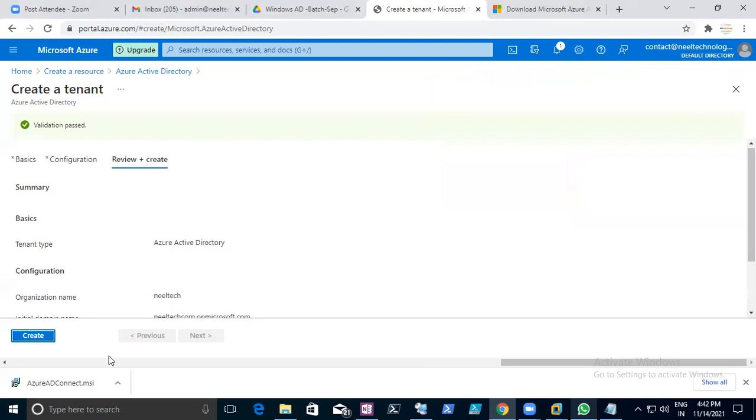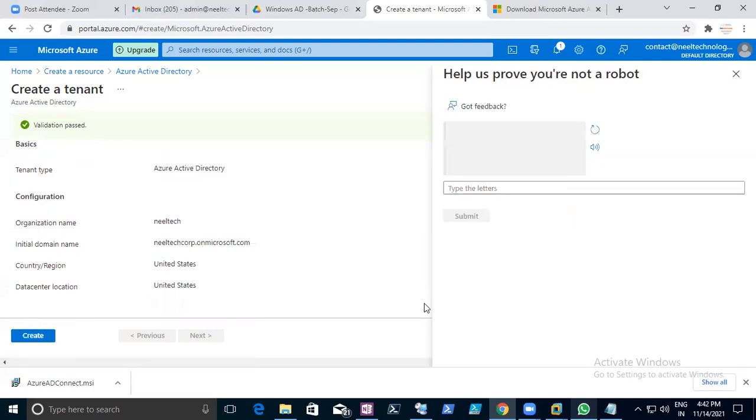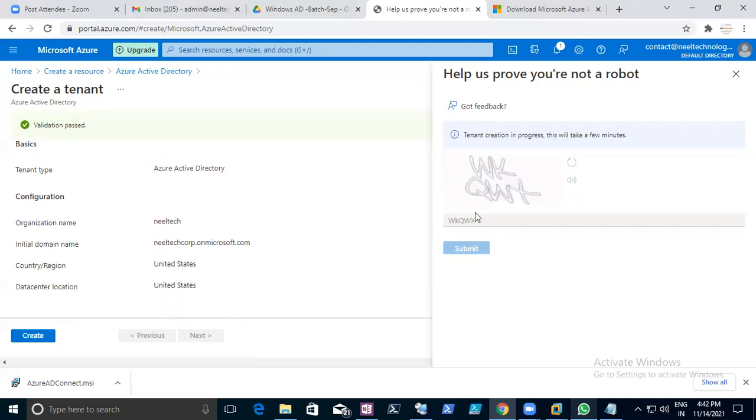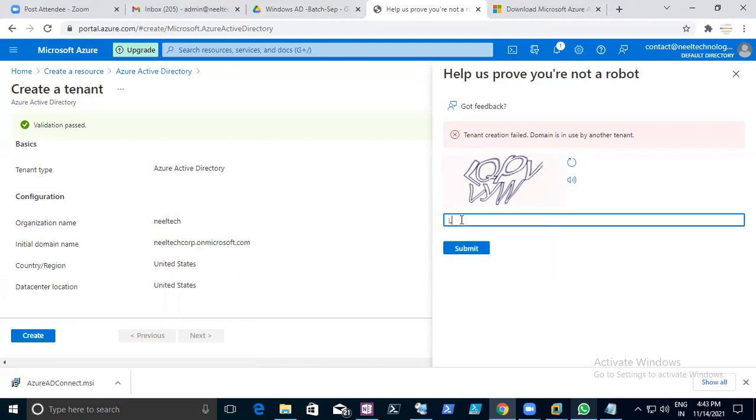Create it. W small K Q W X. Taken? No, sir. Capital L Q, small p, small v.